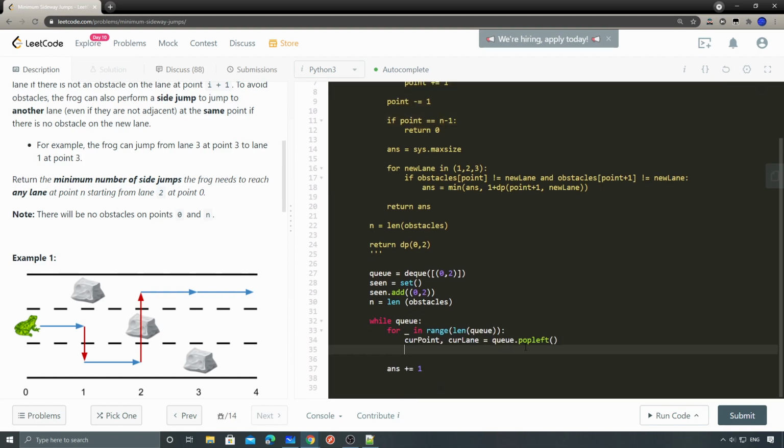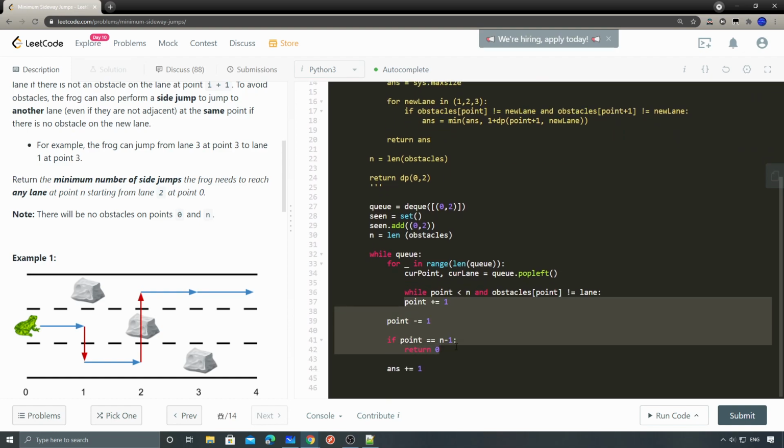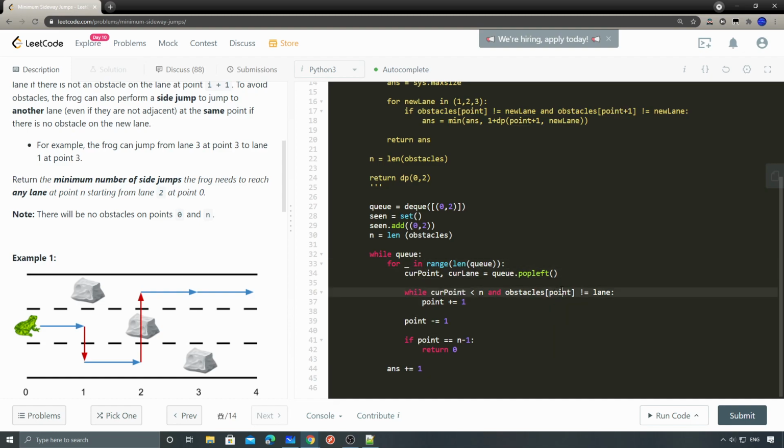So first, I'll just copy this code snippet here, because we'll most likely be using the same logic, which is the point. With the current point and the new one, if it's not equal to the current lane, we'll keep moving forward, and then we're going to decrease it by 1. Similarly, when the current point reaches the end of the lane, we'll simply return the answer, because the answer will be the current step, which is the number of jumps. Otherwise,